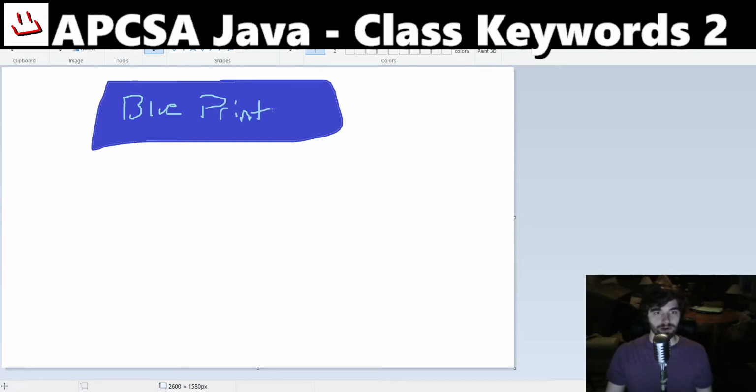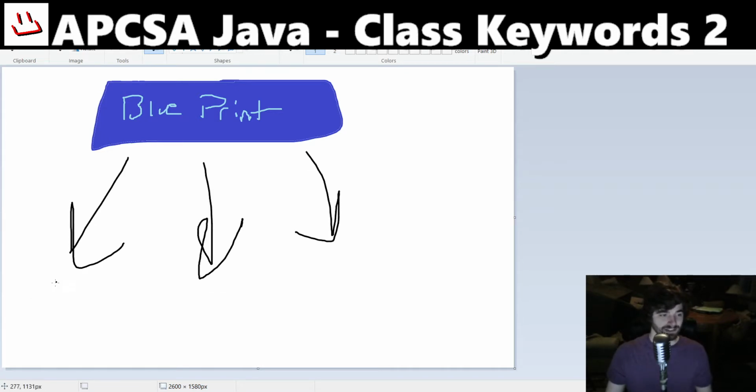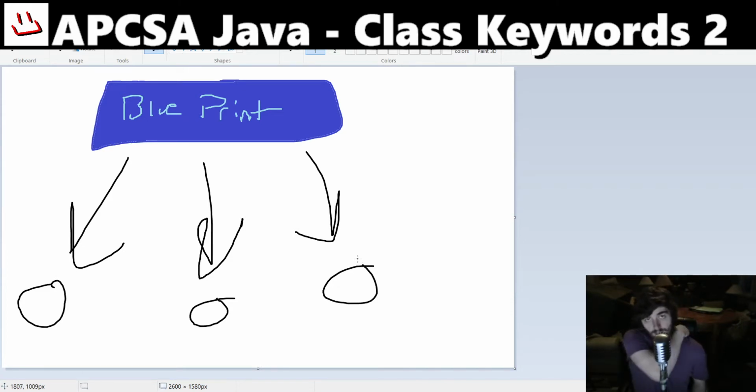We have our blueprint, right? And we use that to make all sorts of different instantiations of that class. All of these are objects down here. Now, the keyword static allows us to share information with all objects that we've created. So by putting static in front of a variable, every object has access to that same exact variable, and it